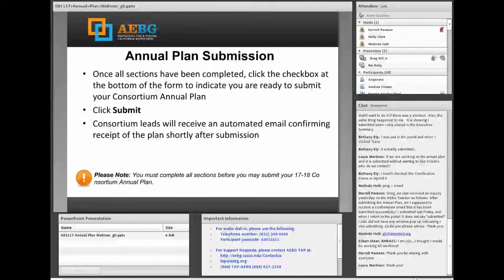But you weren't actually able to officially submit until today, so you would have just saved it. Following this call, as you submit, you'll get those emails, but you wouldn't have gotten that previously. So hopefully everybody understands that starting today you can submit, and if you thought you submitted, you didn't.